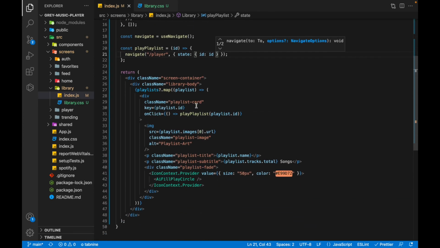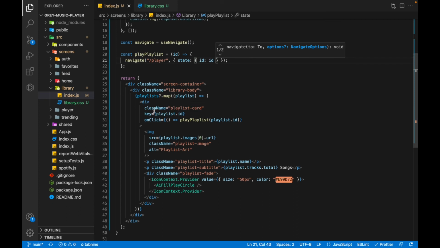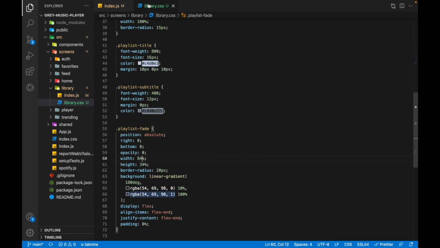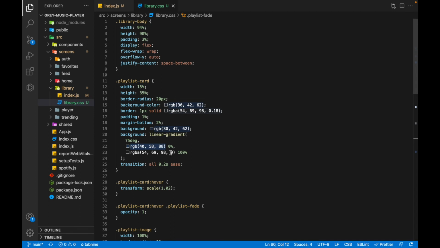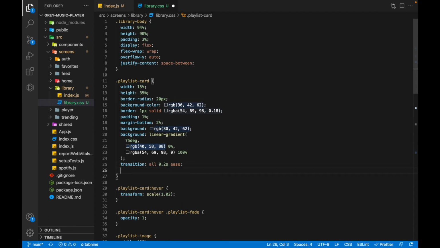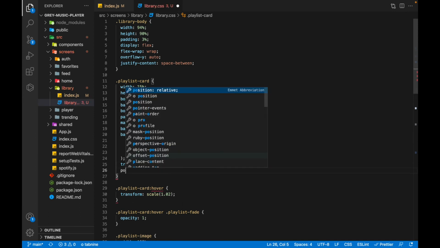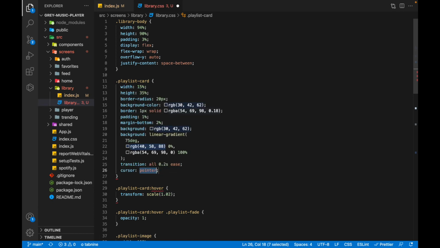since we have added an onClick event, we'll make the cursor a pointer. So we'll go to player card, this was player card, and we'll simply add cursor pointer. All right,